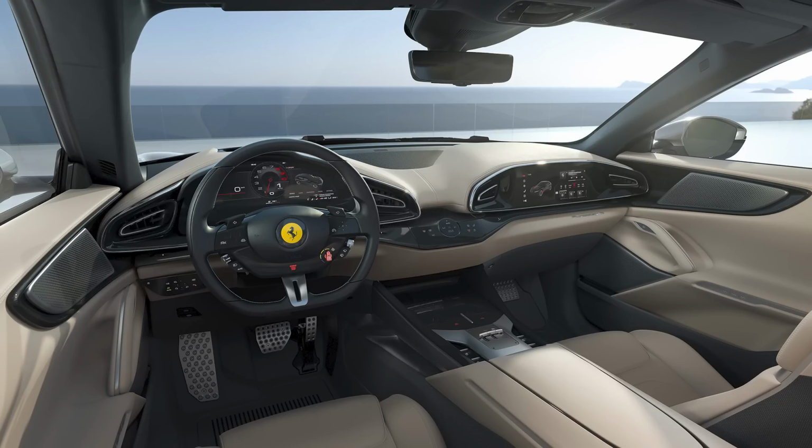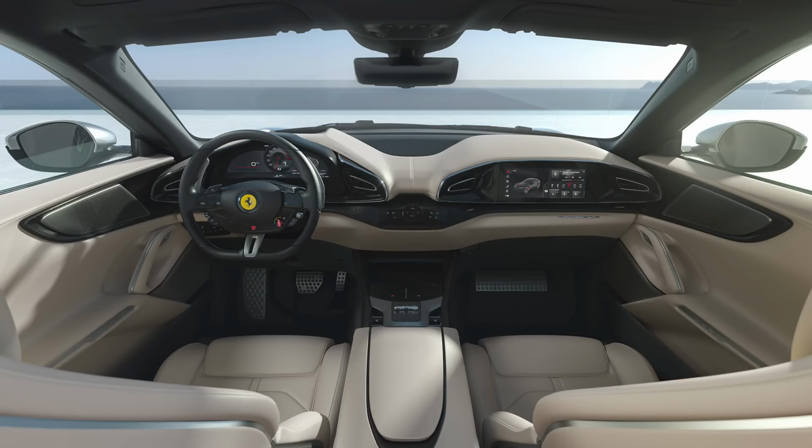driving modes. Presumably, there's a space left there for an e-Manettino in a future derivative of the Purosangue that I suspect will house the hybrid V6 that we know from the 296, but for the time being it is launching as V12 only, so no e-Manettino. That's what controls your different hybrid settings, found at your left thumb position on the lower part of the steering wheel. Outside of that, though, it is a familiar, very